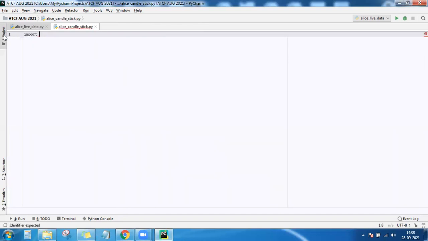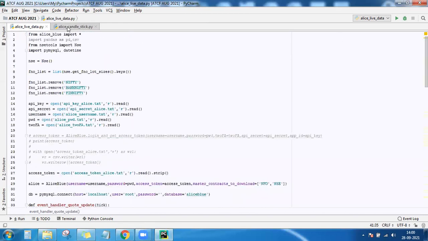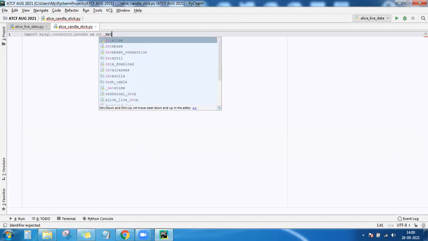So we'll use MySQL connector. I just wanted to show you another module through which you can connect to the database. You can even use the same PyMySQL only. So import mysql connector, pandas as pd, and datetime.